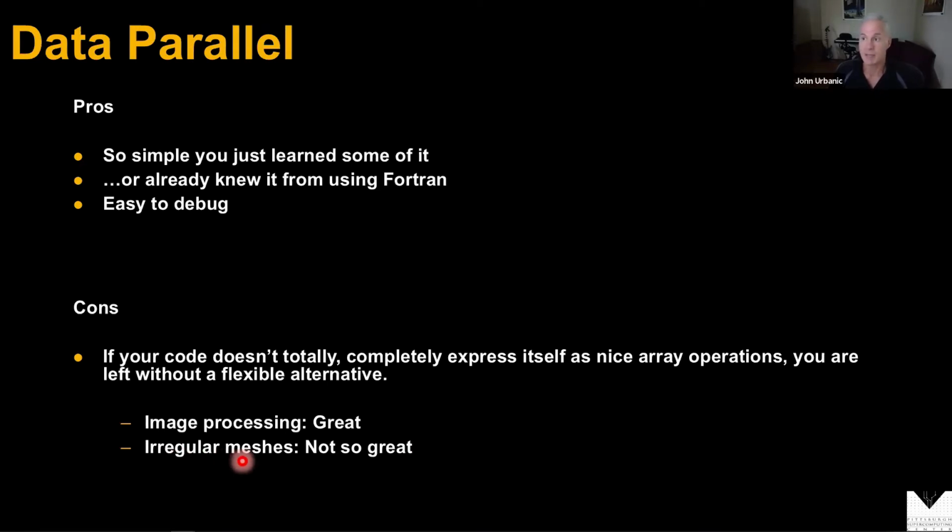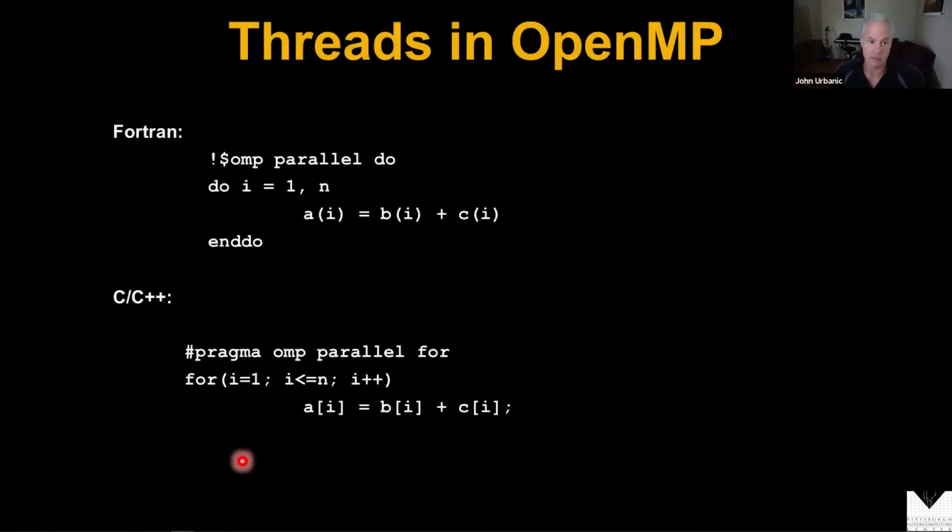So that's the reason data parallel hasn't taken over the world. It's incredibly friendly and great, and you should absolutely use it where you can. But when it starts to fail, it goes off a cliff mighty fast. There is no plan B for irregular shapes.